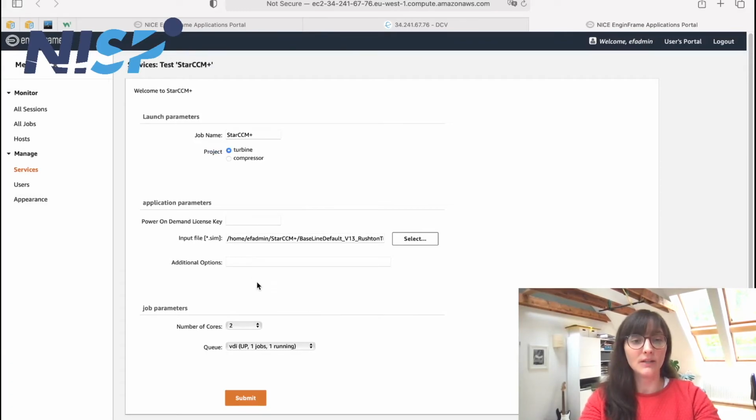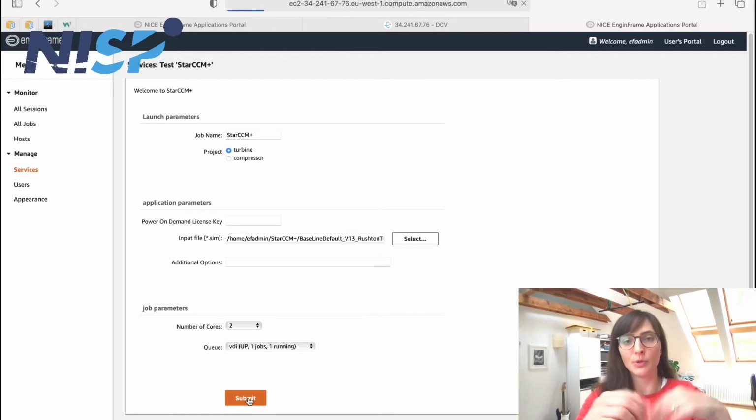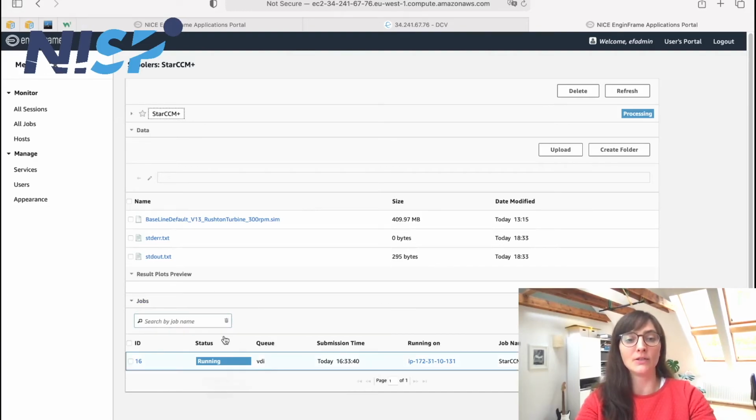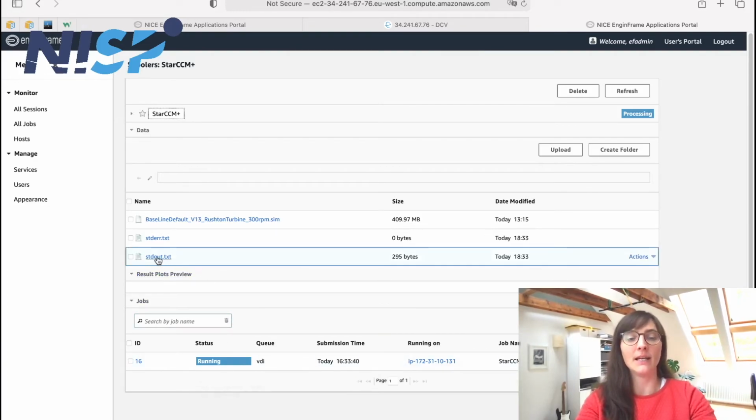Okay, I don't give any additional options. I leave the number, of course, and I also leave the default queue. Now I can hit submit. And when the compute job starts, I'm directly taken to the spooler section. And here now I can see the status of my job, which is now running, and I can also check